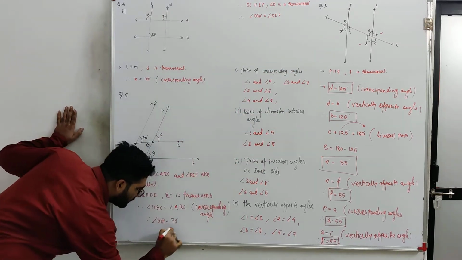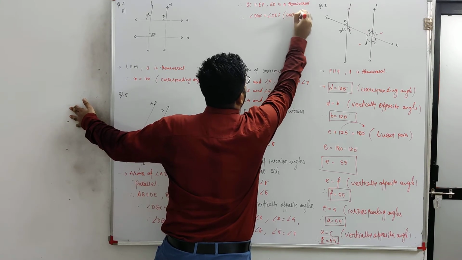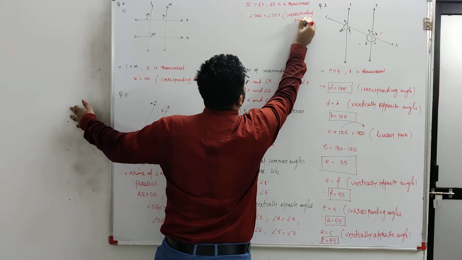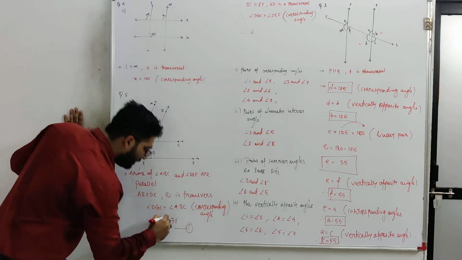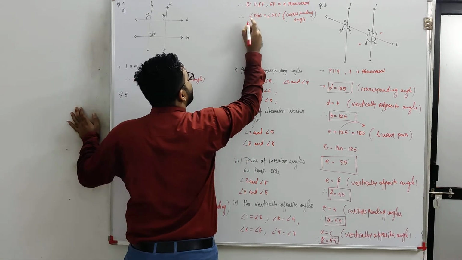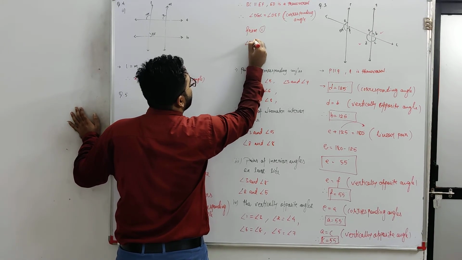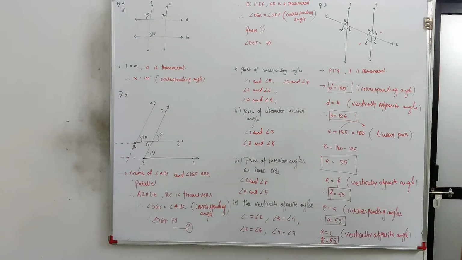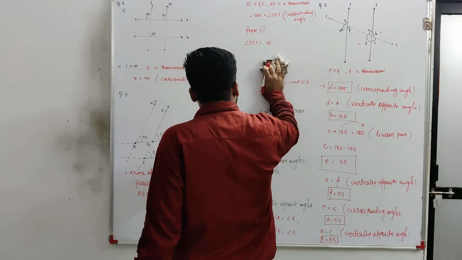And if you mention this one as 1, why are they equal? Because of corresponding angles. Therefore, angle DGC from 1, angle DEF is equal to 70. So this is the way you have to solve such kinds of questions. Now let me see the last question of the chapter. It is question number 6.